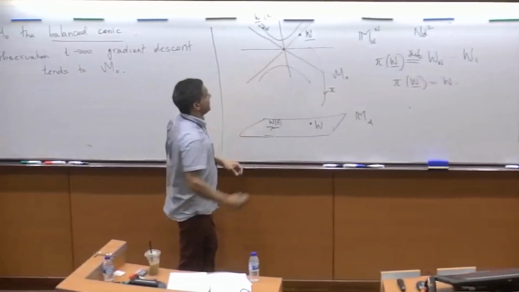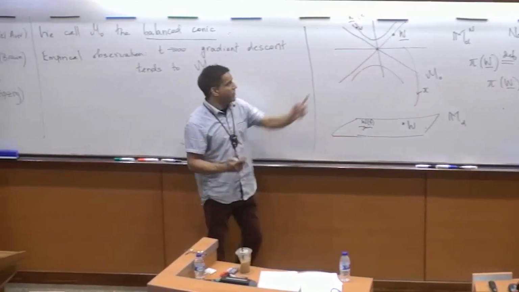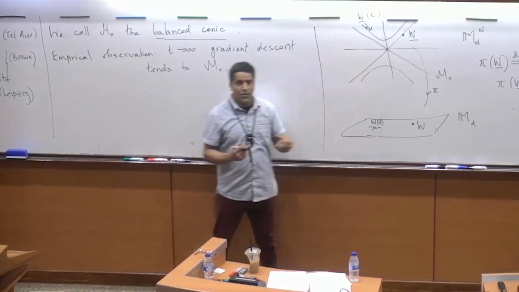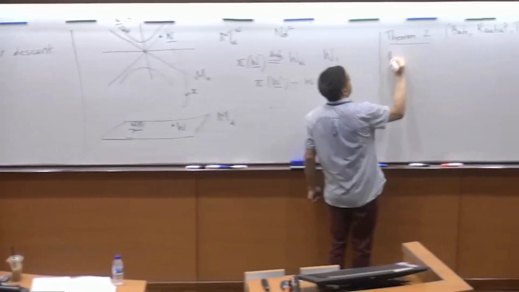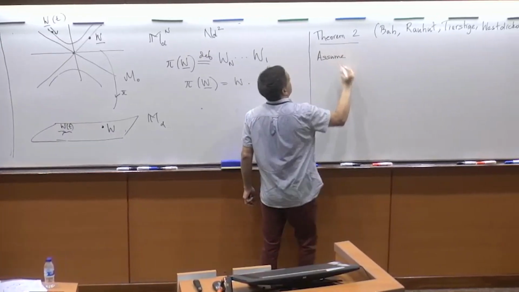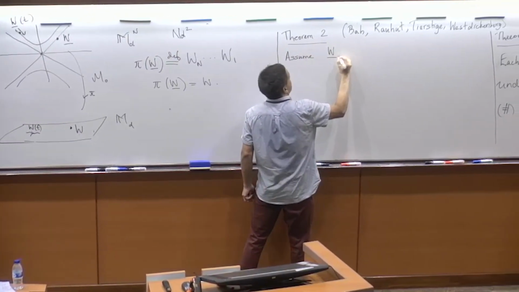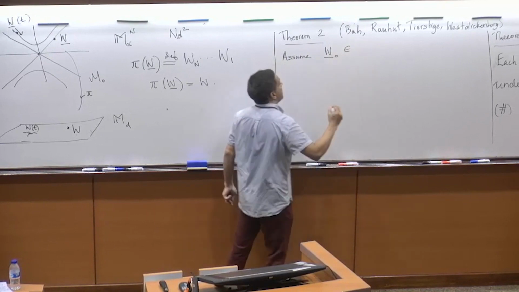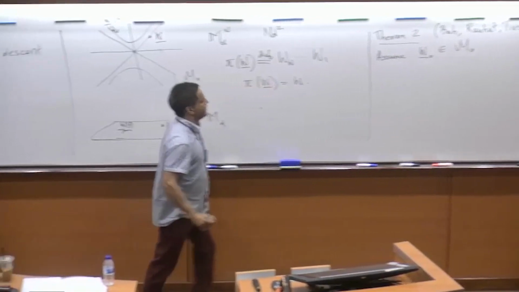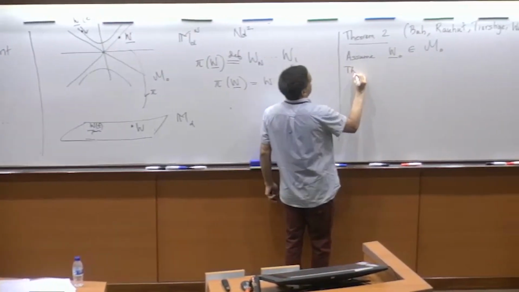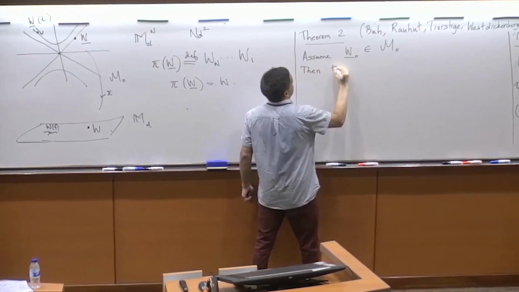So their theorem gives you a kind of dynamic reason why the balanced manifold, or the balanced conic, is special. They say, W0 belongs to, so that's the initial condition. Then the solution